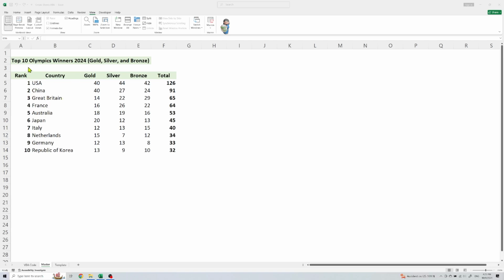of the top 10 countries having the most Olympic Summer Games 2024 winners: gold, silver, and bronze. Here's the rank, country, and how many golds, silver, bronze, and here's the total. I named this list here Master, or you can name it whatever you like. Then type in the values over here